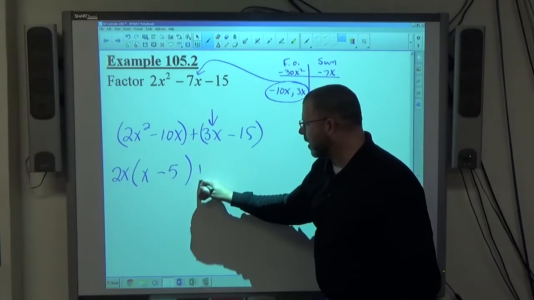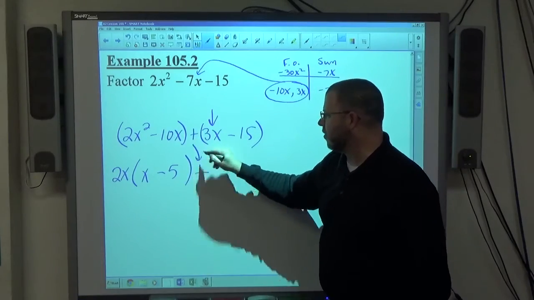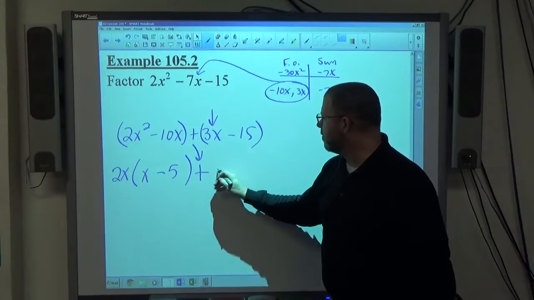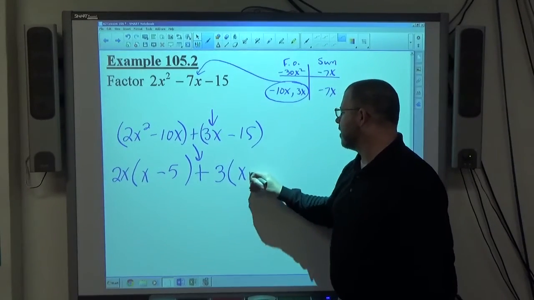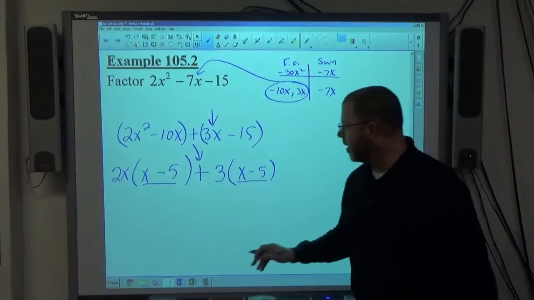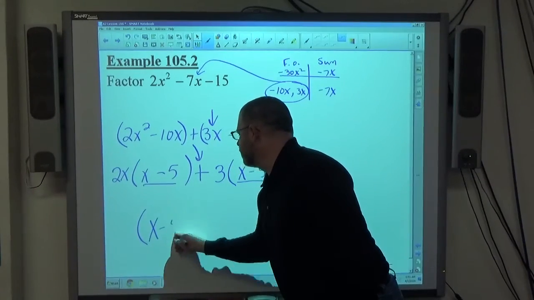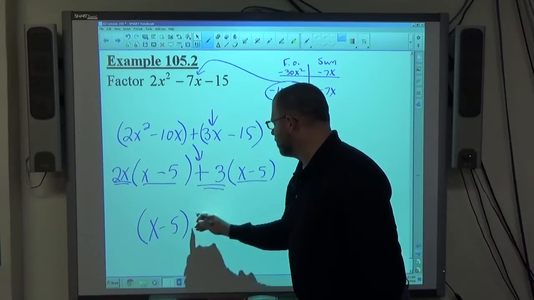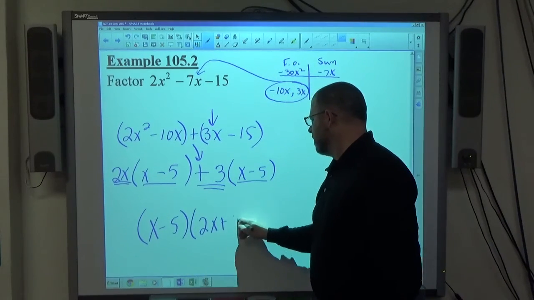Second group, there's a plus sign here. Make sure pluses and minuses just transfer down, and then you factor out the number. 3 and 15 both divide by 3. X minus 5 is left over, and you can see x minus 5 matches on both pairs. So x minus 5 is the common factor, binomial factor, and 2x plus 3 is the